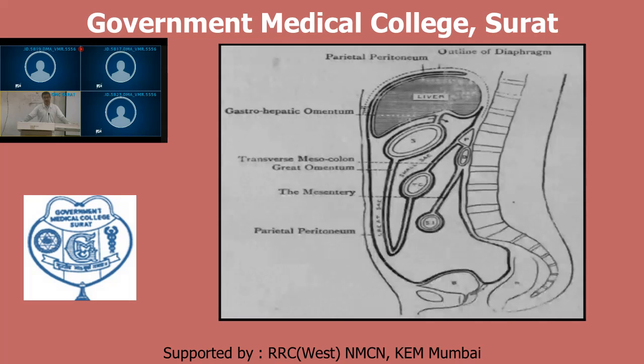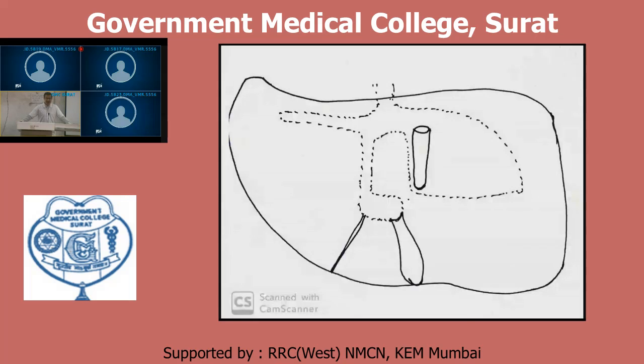How is this attachment visible? You can see it is the posterior and inferior aspect or surface of the liver, in relation with the right lobe of liver and left lobe of liver on the right side and left side. The dotted line is the actual attachment of this peritoneal reflection on the surface of the liver. On the right side, it will show attachment in relation with the posterior and inferior aspect.